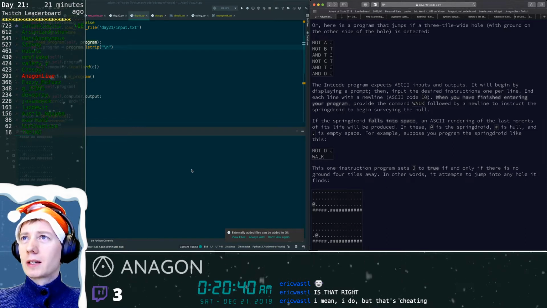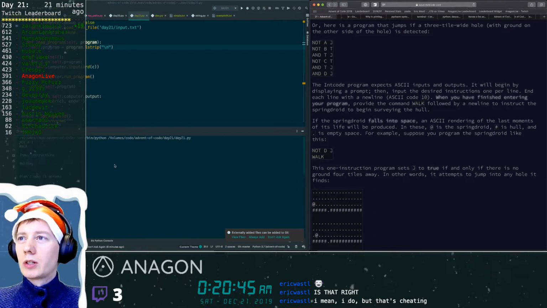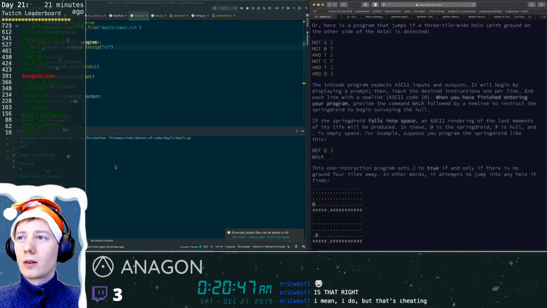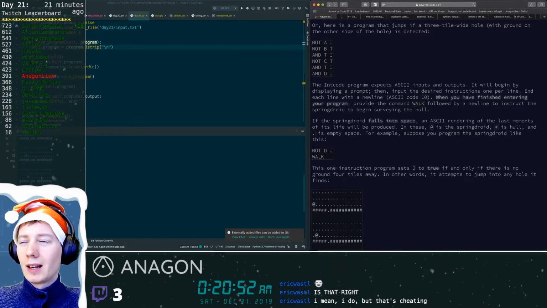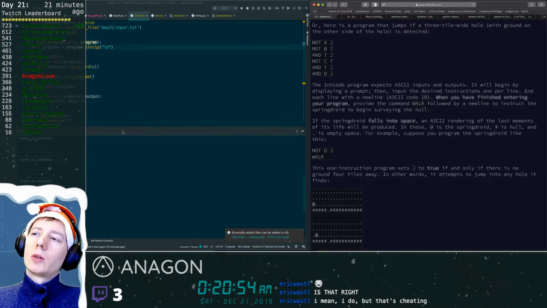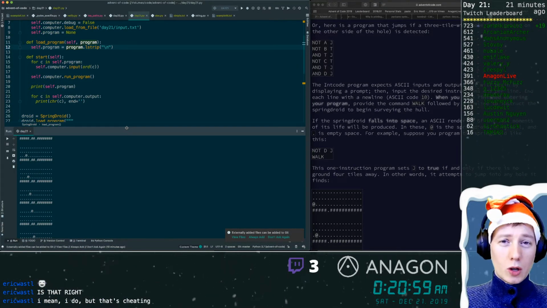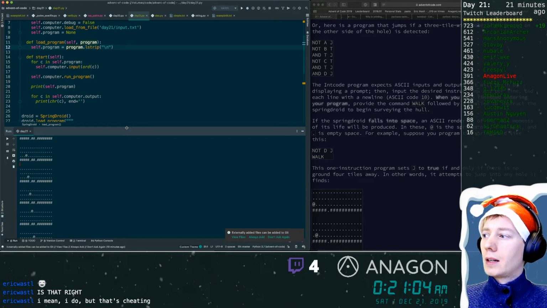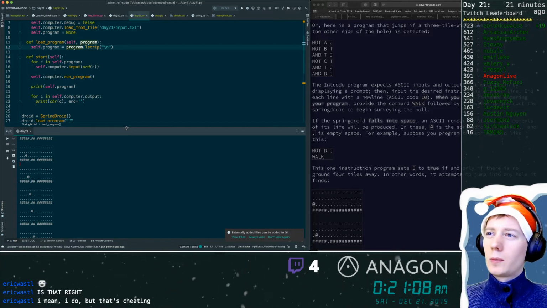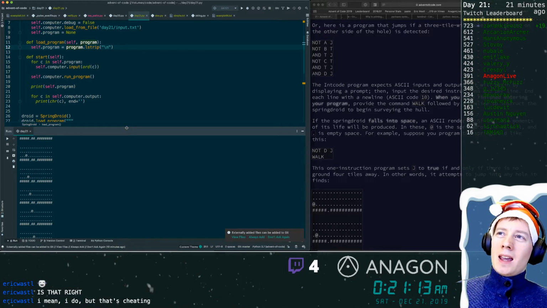So what went wrong here exactly? We are jumping and we see two holes and we're just jumping right into it because we are jumping when we are at the last position. So I think what we need to do is, since we can jump only 3 holes at most, that means, wait a second, we have only 1 jump register, right? And that means that we cannot really say